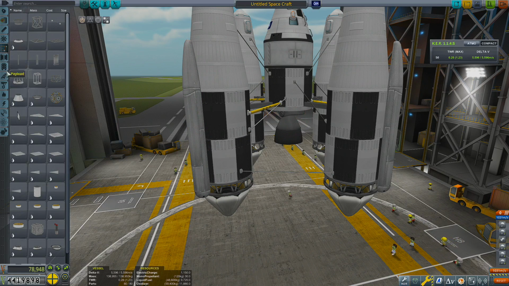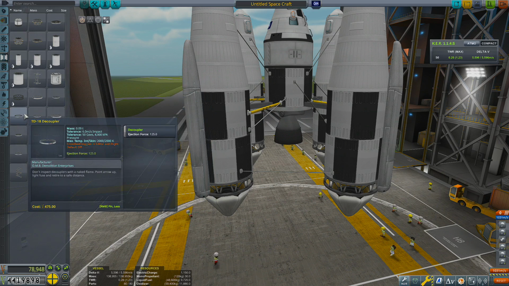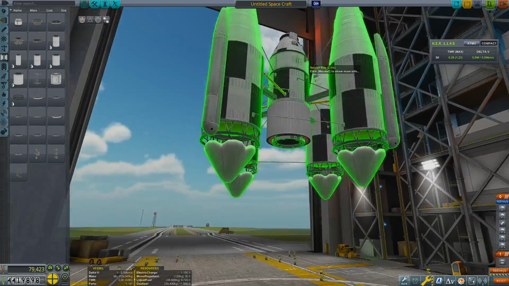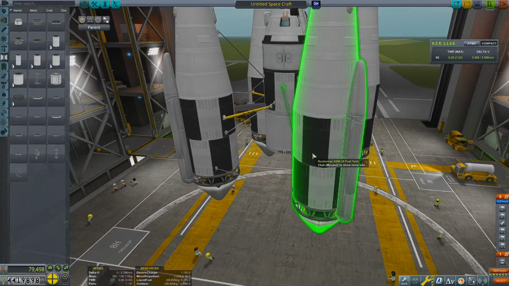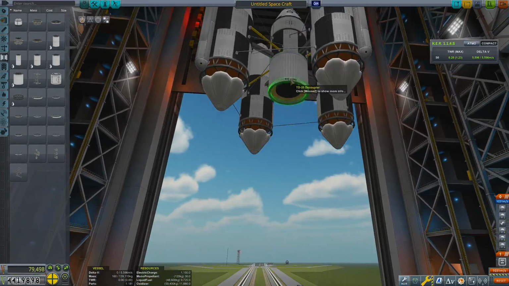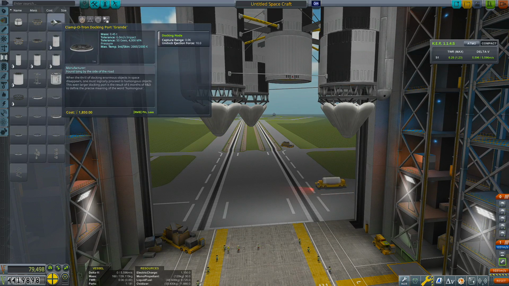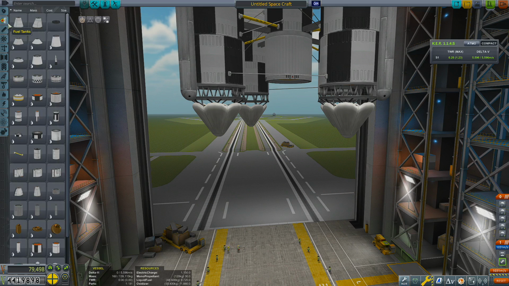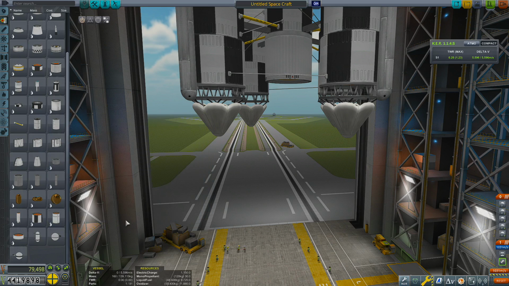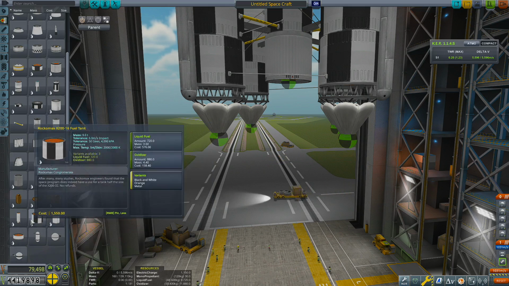Yeah, good. Decoupler. One size larger. Yeah. This goes with that. And where does seriously still not have anything bigger? Holy fuck. Like,